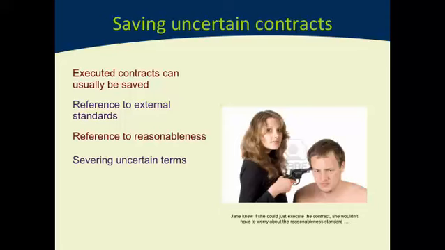So you get to the point where both sides have actually done the things that they were intending to do. But for some reason or another, right at the end of the process, there's ended up being a dispute. And someone's finally picked up the contract and said, what does this thing actually say? And then they found out that the contract didn't say what they thought, because it was expressed in really, really unclear, uncertain terms. Well, under those circumstances, where both parties have really executed the contract, where they have undertaken the